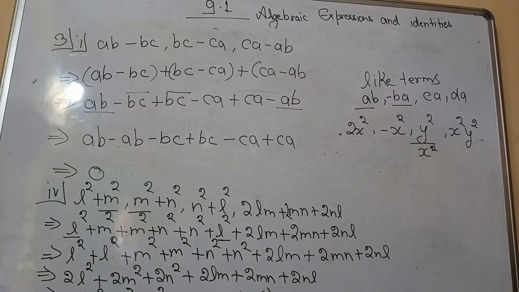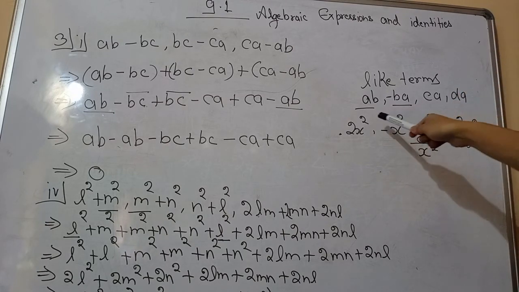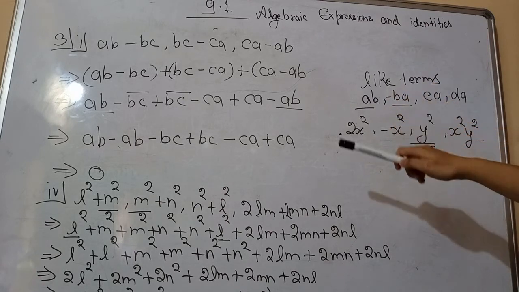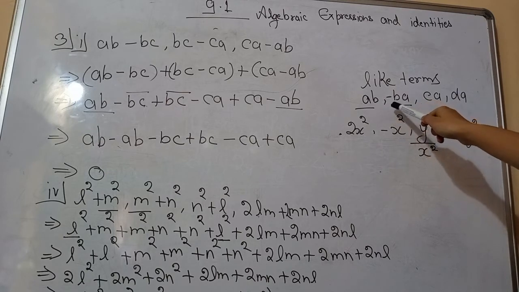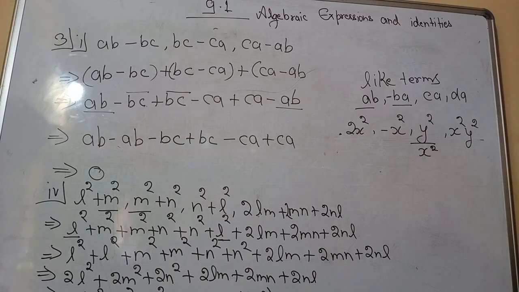Now see, before starting question number 3, I would like to give you some concepts about like terms. What are like terms? Okay, like means which are similar to each other. So what you have to see in like terms is that the variables should be the same in the given terms. Like see, in the first term what are the variables? A is the first variable and B is the second variable. Okay. Now you have to check which of the terms have the same variables A as well as B. And there is one note point that you will not consider the minus or plus sign. Means all you have to check is that the variables are the same in the given terms.